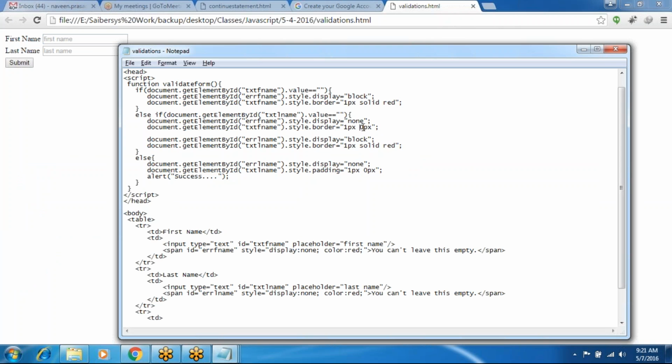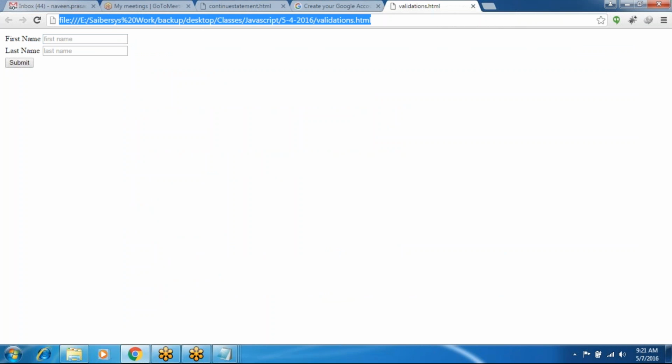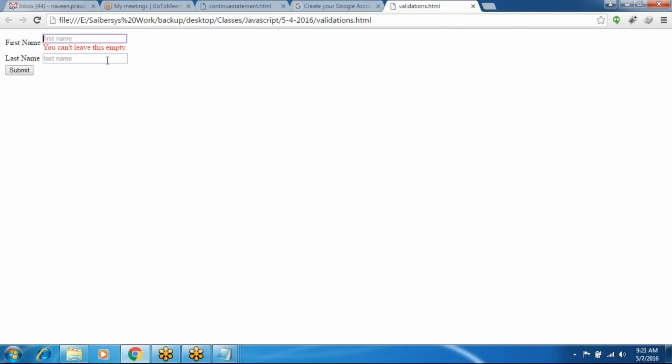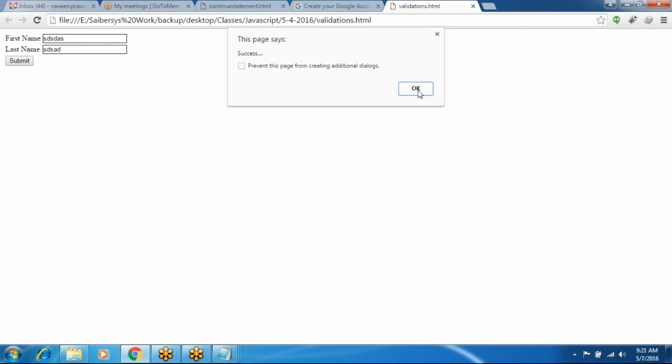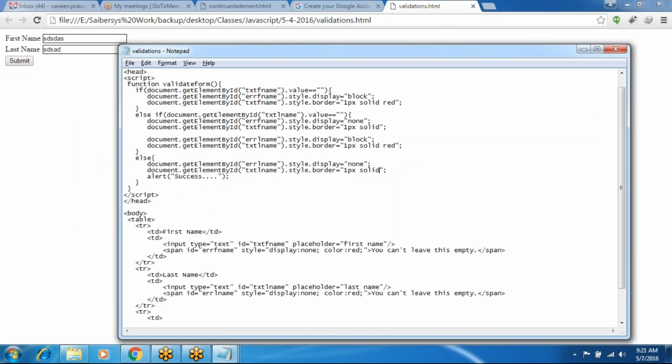Border 1 pixel and solid. Okay, first name and last name. So the error message is also cleared and the success message is displayed here.